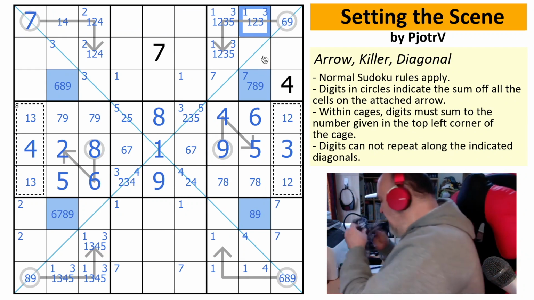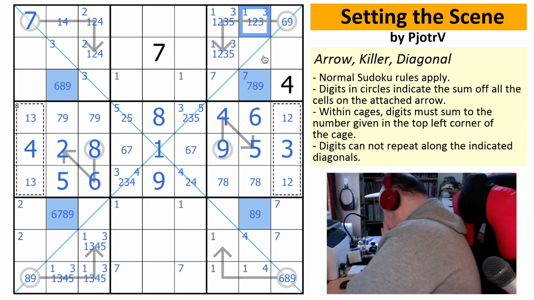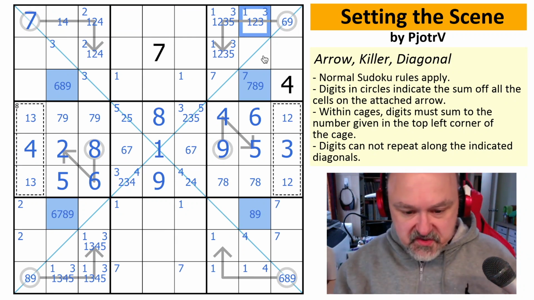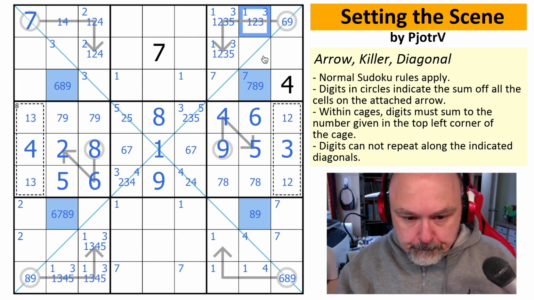Excuse me. Hay fever in Melbourne, and my pause feature recently failed to work, so